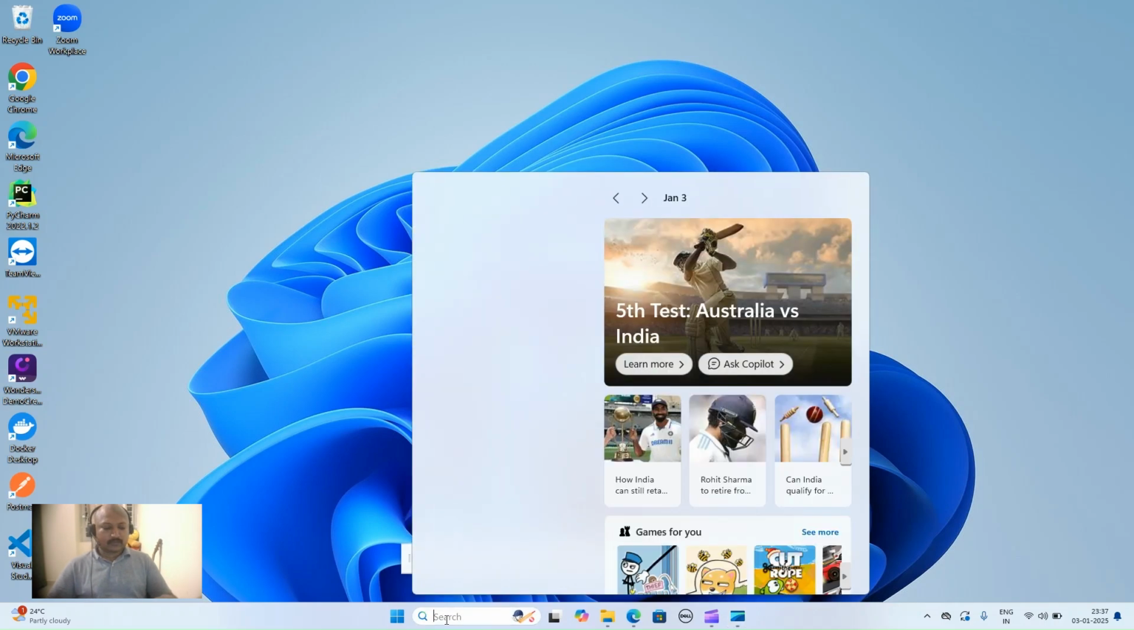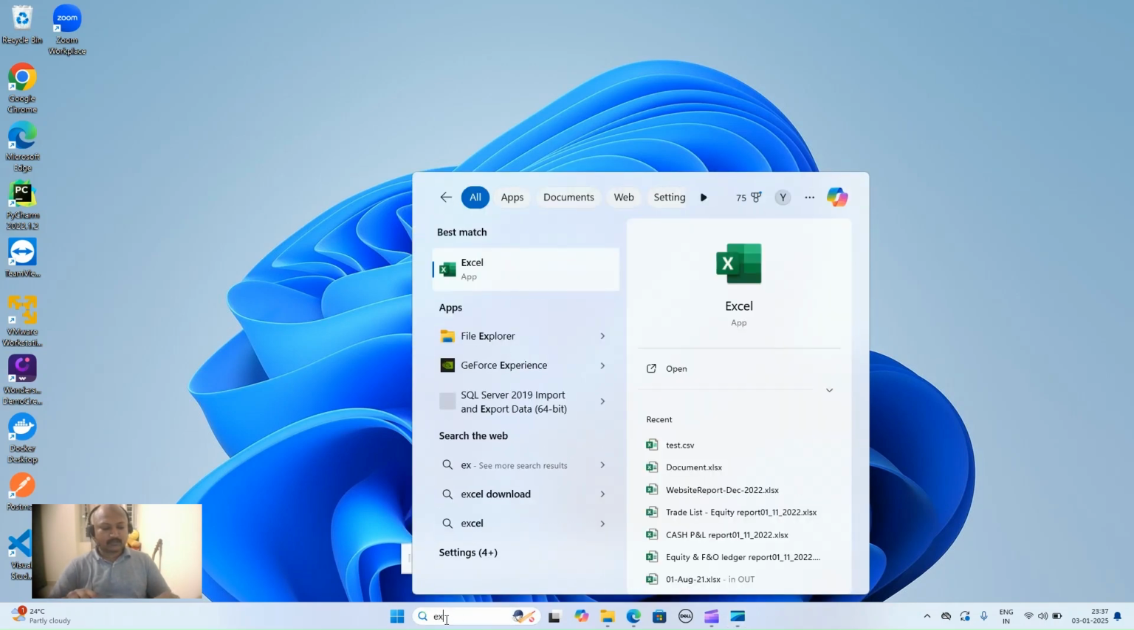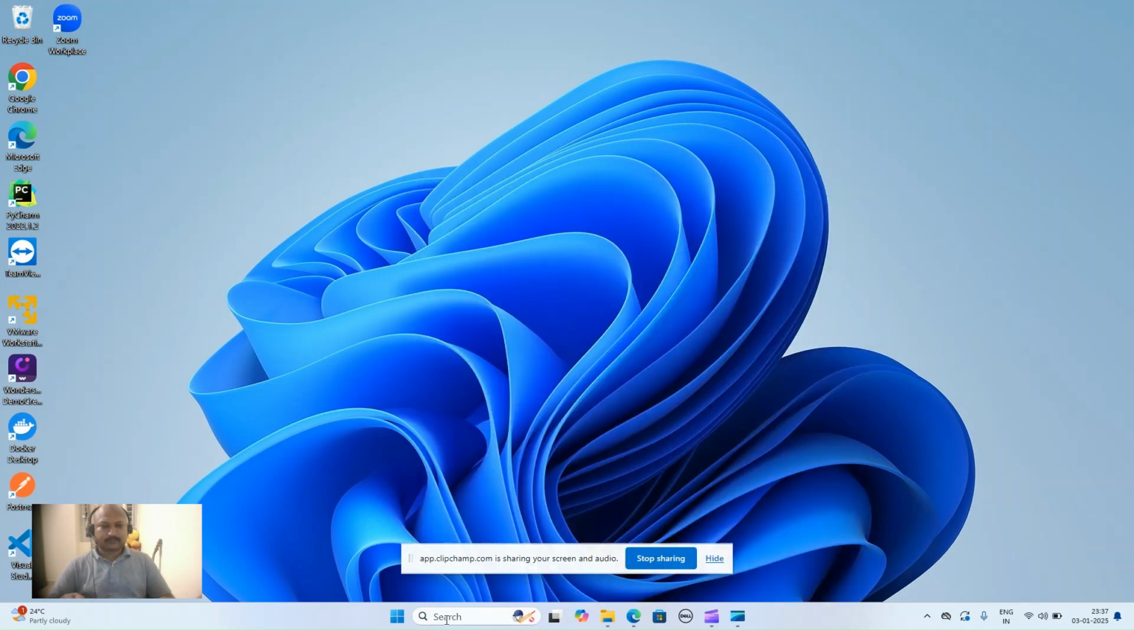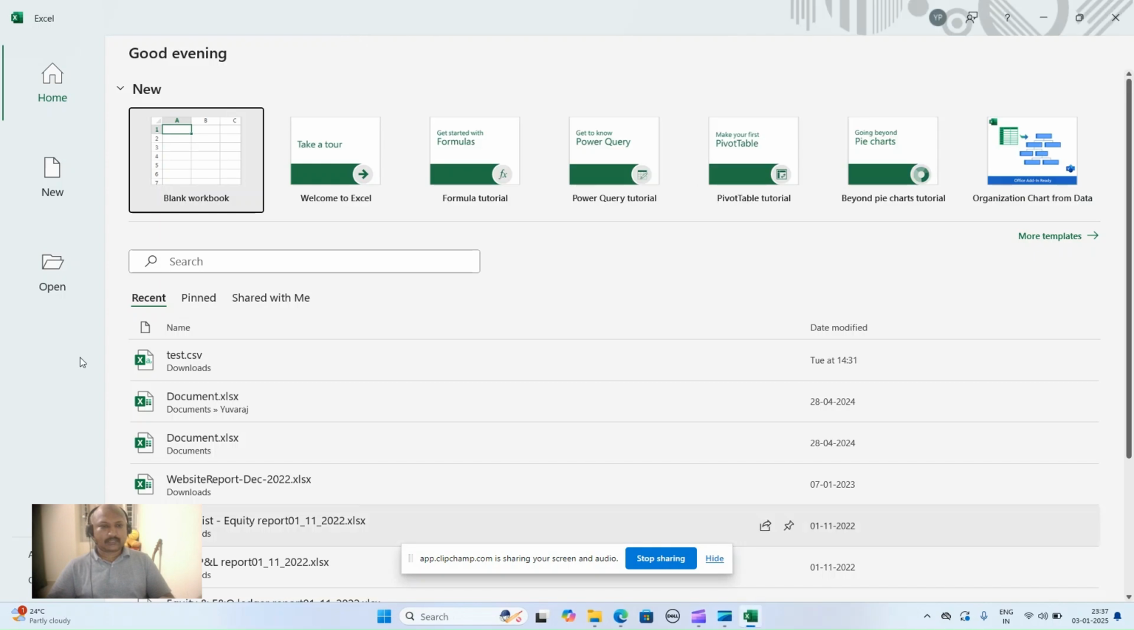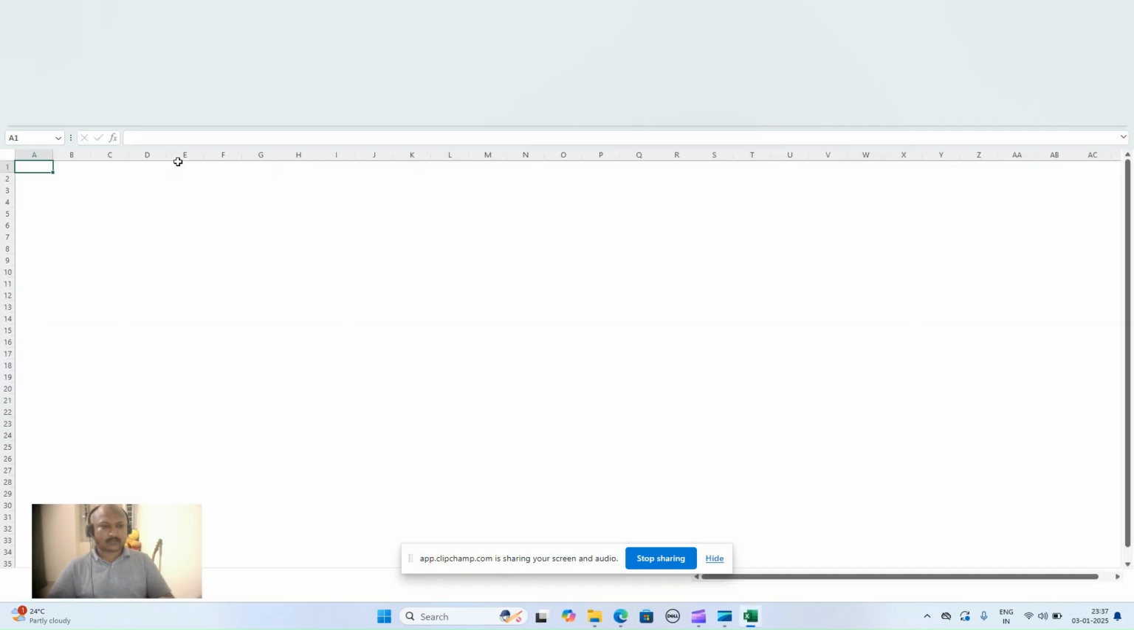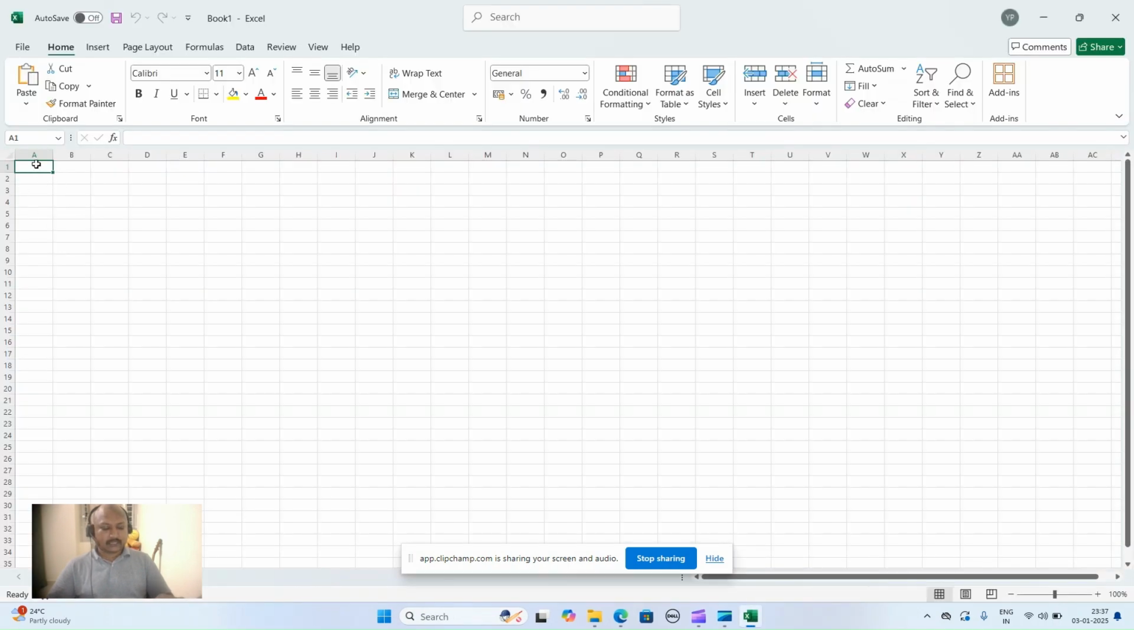Hi, today what we are going to see is how to highlight a duplicate value in an Excel sheet. Let me open the Excel sheet. I'm opening a blank workbook. Consider we have